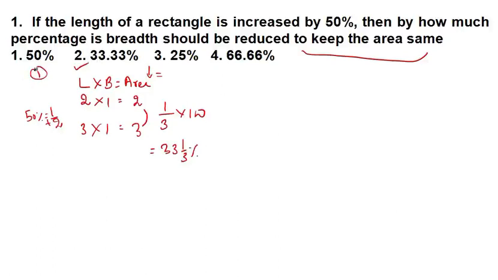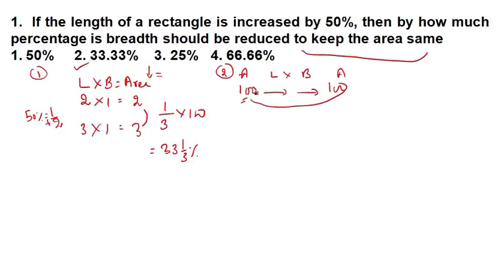Now I want to show another method. This is method number 2. Look guys, here it is written that the area should be the same. Here I assume that the area is 100. Now something will happen here, something will happen here. Length into breadth, one will increase and one will decrease. But according to the question, the area has to be the same. So if the area is 100, then here also my area should be 100.